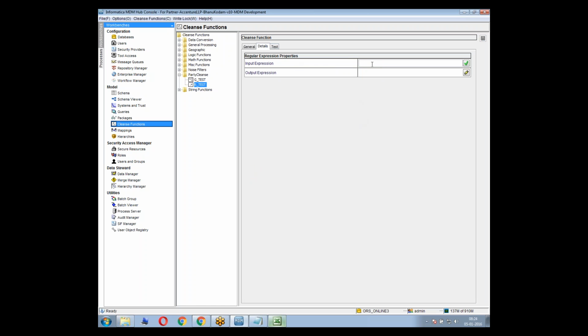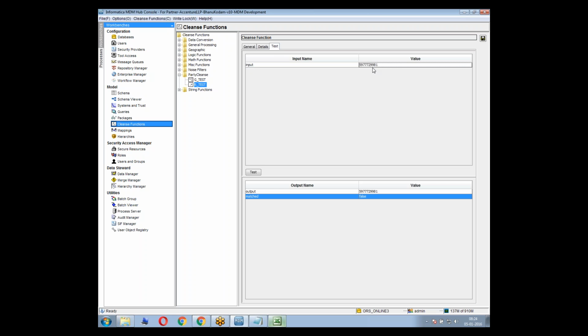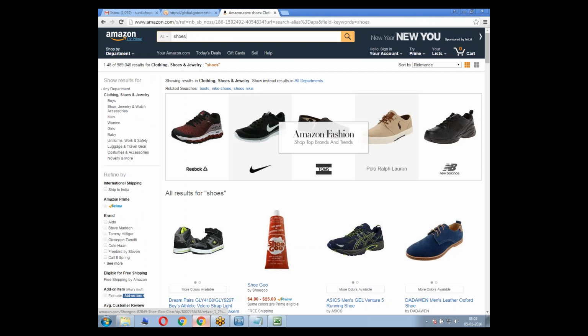Basically it's the raw regular expression. Whatever expression you give, based on that it will validate if the particular string is correct according to that regular expression or not. And if you want to learn more on regular expression,